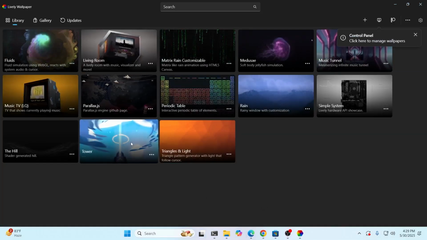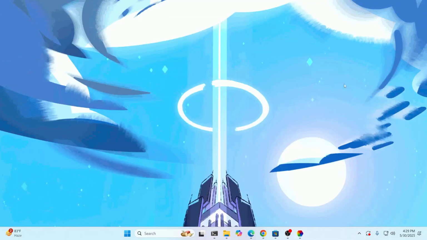And done. Then you can just select this. And if you go back, you can see your GIF has been set to your wallpaper. And basically that is how to set GIF as your Windows 11 desktop